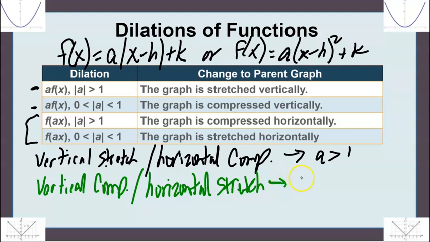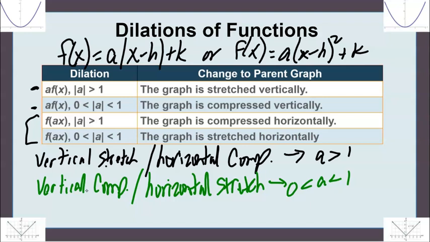Again, that's when a is less than 1 but greater than 0. So again, where the a is located determines if it's vertical or horizontal. But if the absolute value is less than 1, it's either going to be a vertical compression or a horizontal stretch. So we'll take a look at some examples here,